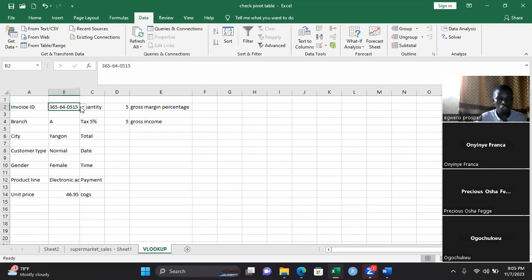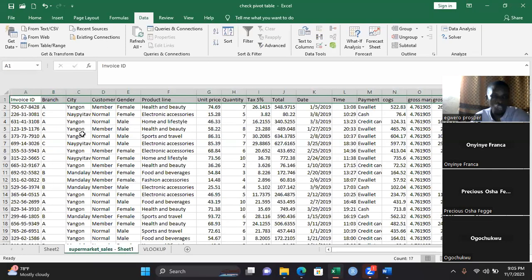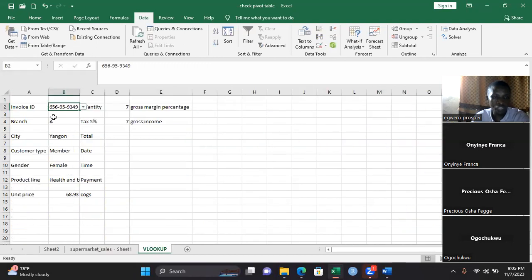Now let's assume that I change the ID. Just check how all the value will change. So you can see that it's communicating. So like I told us earlier on, this can be your receipts. That is, you must have entered all the customer names in a particular column here. And then in this VLOOKUP sheet, I will have validated all the customers' names,